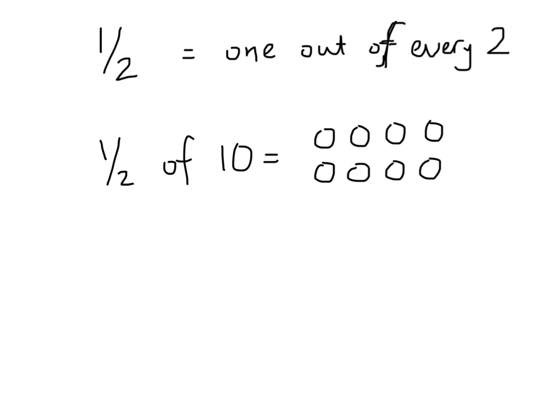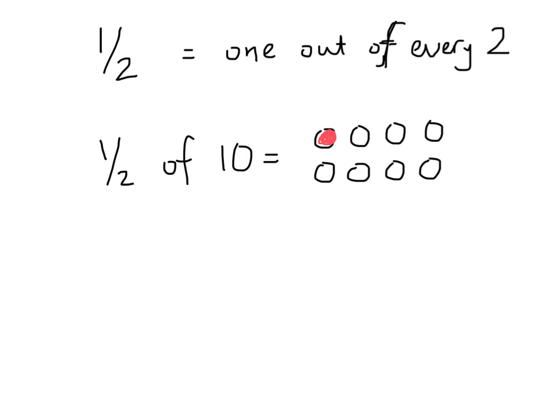What about a half? A half means 1 out of every 2. It can also mean sharing between 2 people. We're not using sharing today, we're going to be using grouping. So let's look at the example of a half. 1 out of every 2, or a half of 10, means that for every pile of 2 that you can see,